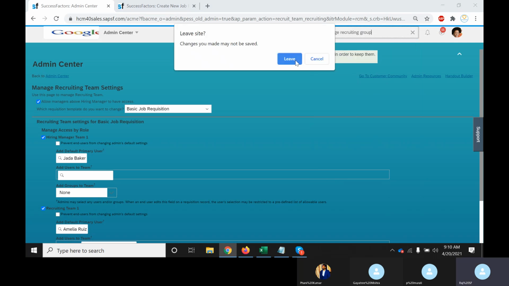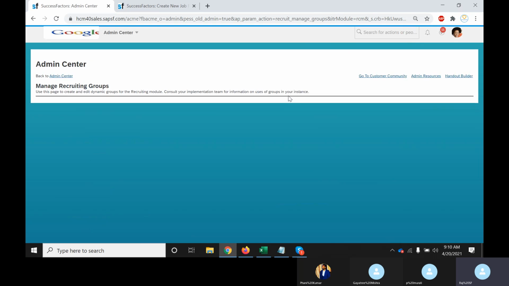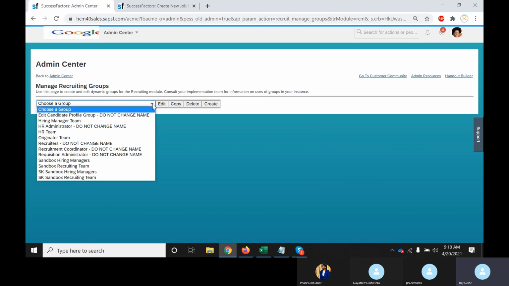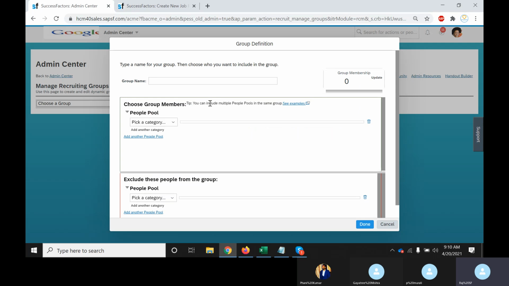So using this manage recruiting groups, we are going to create groups like recruiter team, hiring manager team, coordinator teams, like that. We usually have some standard groups already here, but think that in real time we will be having an empty system. So in this empty system you are going to create a new one. Click on create. Enter the name of the team,